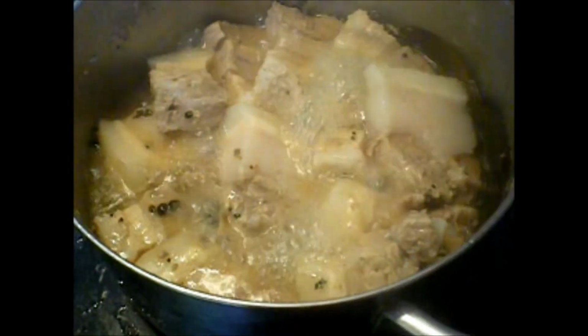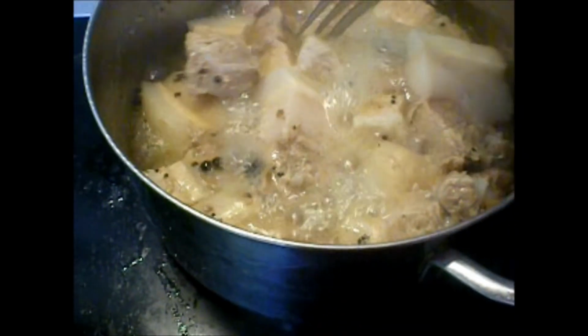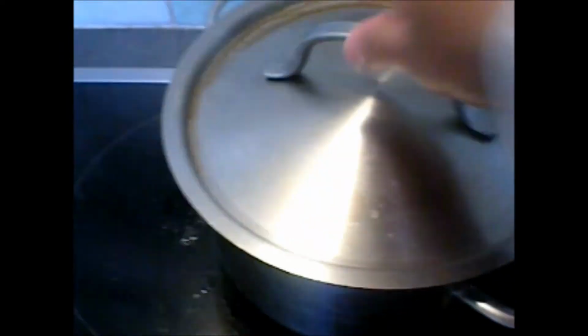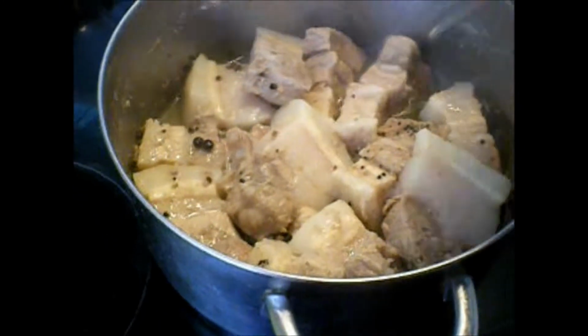Okay, we're gonna open and prick. The pork is very tender, so what we're gonna do, we're gonna remove this. Turn off the fire and remove right away the pork from the